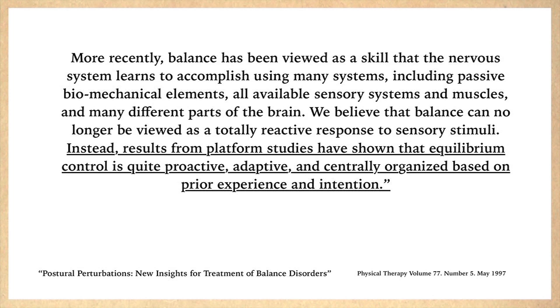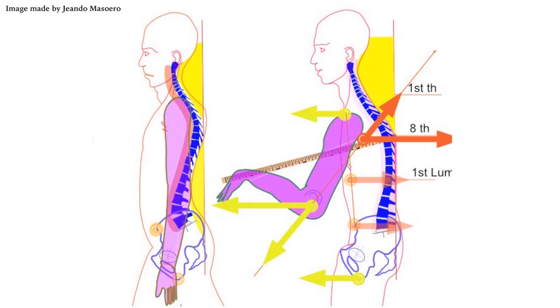We believe that balance can no longer be viewed as a totally reactive response to sensory stimuli. Instead, results from platform studies have shown that equilibrium control is quite proactive, adaptive, and centrally organized based on prior experience and intention." The outdated model says that we maintain equilibrium through reflex-like responses that are produced by our subconscious mind in a specific part of the brain. The new model recognizes that maintaining equilibrium is a proactive and adaptive process that involves the entire brain, including our